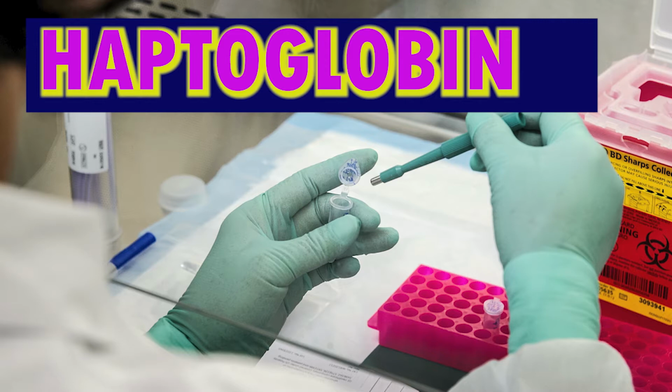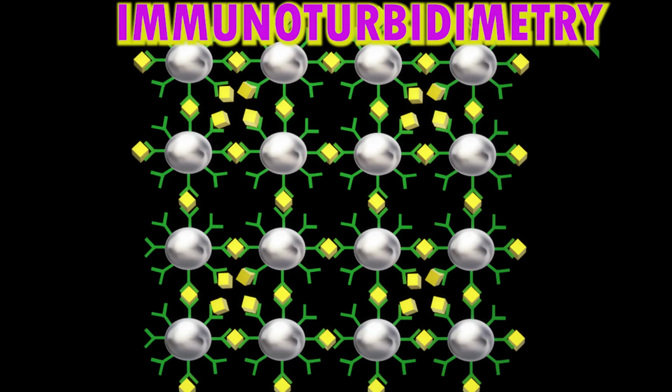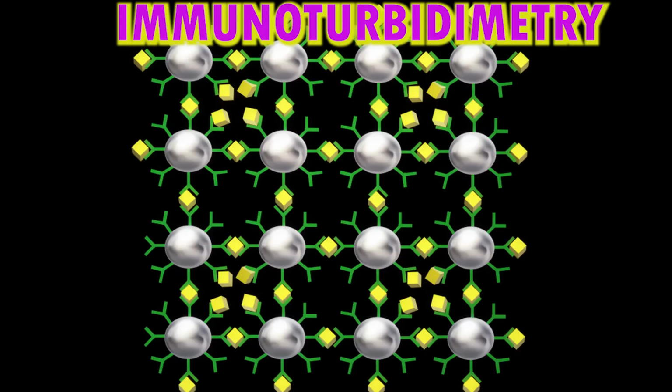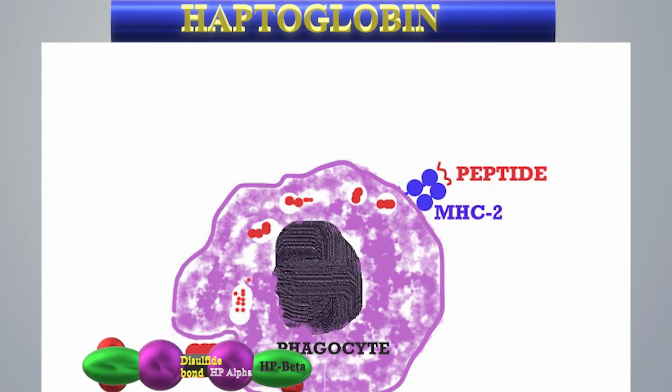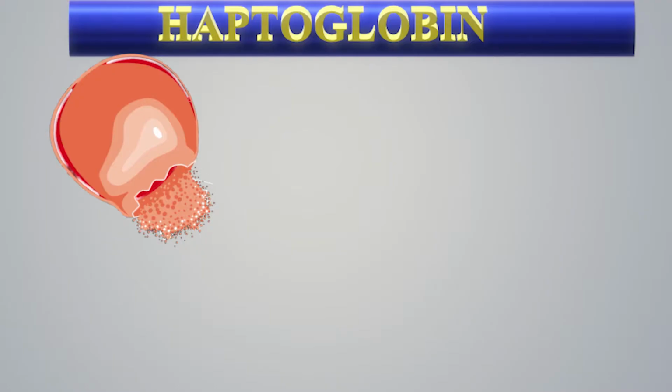In this video, we are going to discuss haptoglobin, which is a very important tool in hemolytic anemia, especially intravascular hemolytic anemia. Haptoglobin was first described by Polonovski and Jayle in 1938 as a plasma substance that binds hemoglobin. Haptoglobin is a positive acute phase reacting protein that covalently binds free hemoglobin. The subsequent haptoglobin-hemoglobin complex is quickly cleared from circulation by the reticuloendothelial system, which allows recycling of iron.